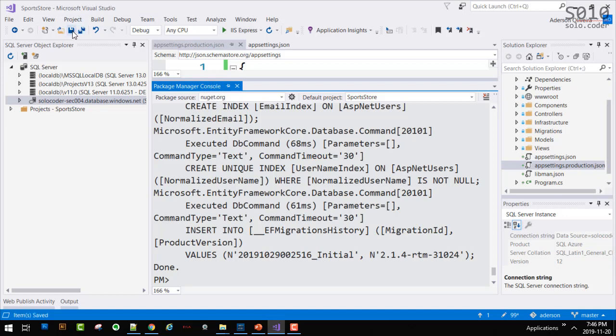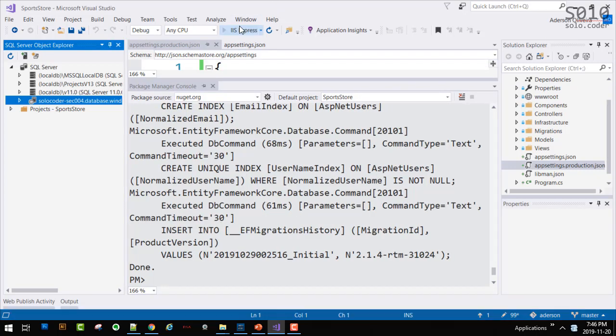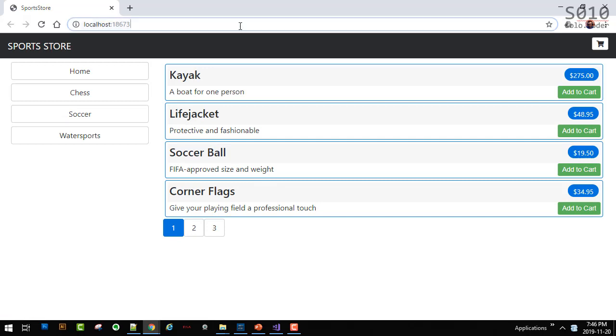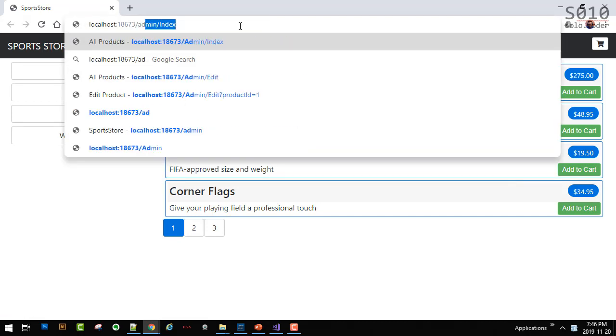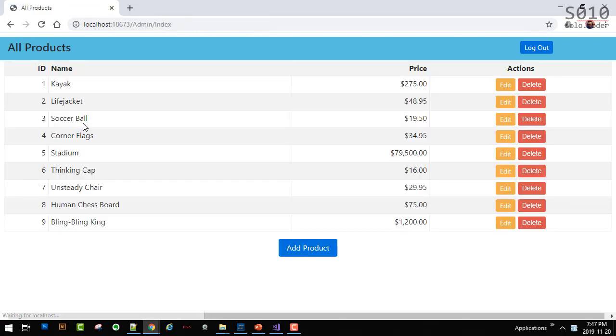Because right now, if I run this, I'll be running against my local database, not my remote yet. I'll just prove you that. Okay, so I'm going to do a minor modification here to one of the product names. I'm just going to say,